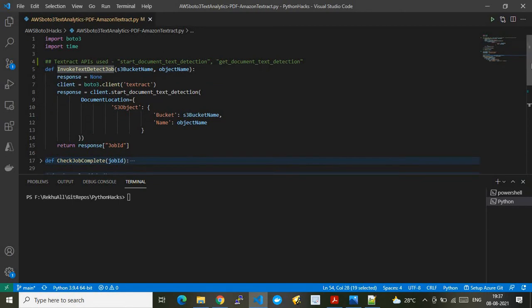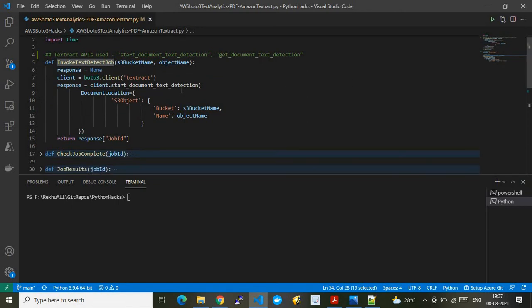So what it actually does here is setting the context of our Textract service, that is Amazon Textract service, using the Boto3 client module. When this function gets invoked with this parameter, that is textract, then automatically the sub module of Boto3, that is textract, will get loaded in this variable, and from there we can use the APIs. Client is nothing but a variable which holds the knowledge of all the operations to be done on the Textract service. That is a layman term for how you can understand the operations.